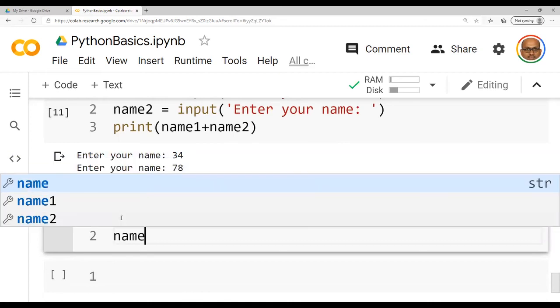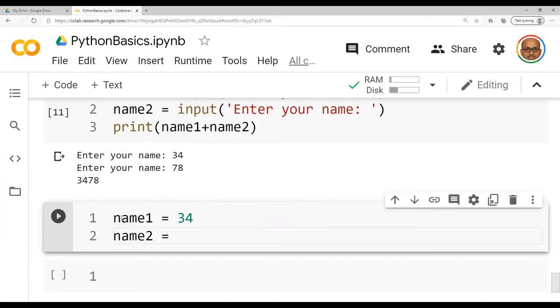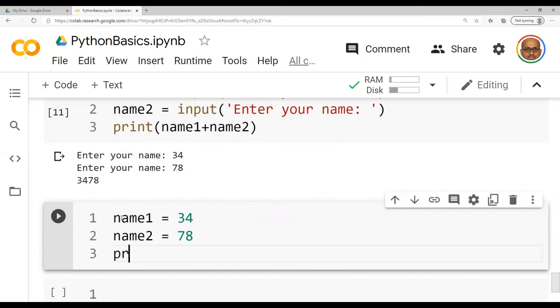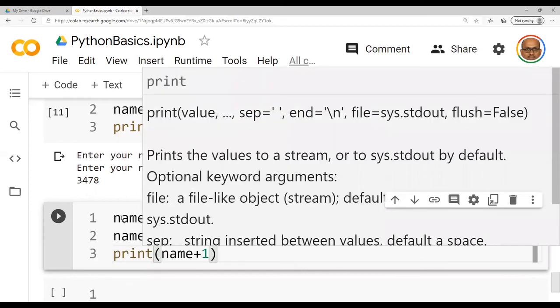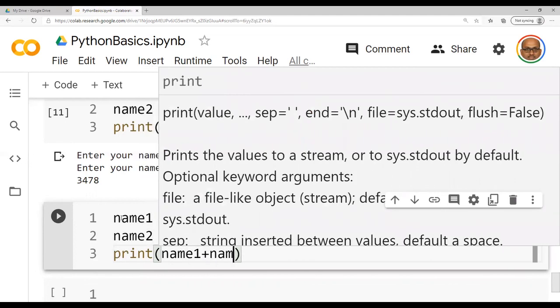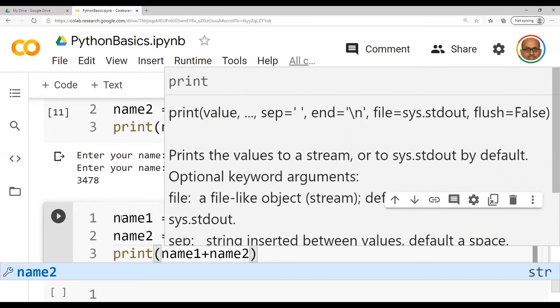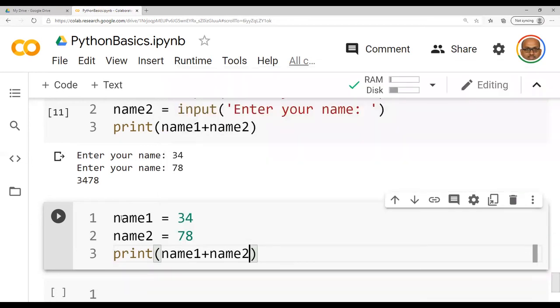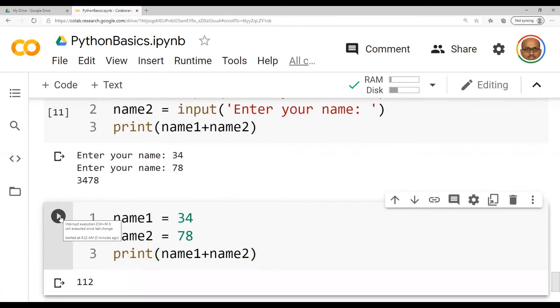Name 2 equal to 78. See, these are numbers as of now. Print name 1 plus name 2. For the previous one, we got the output as 3478.